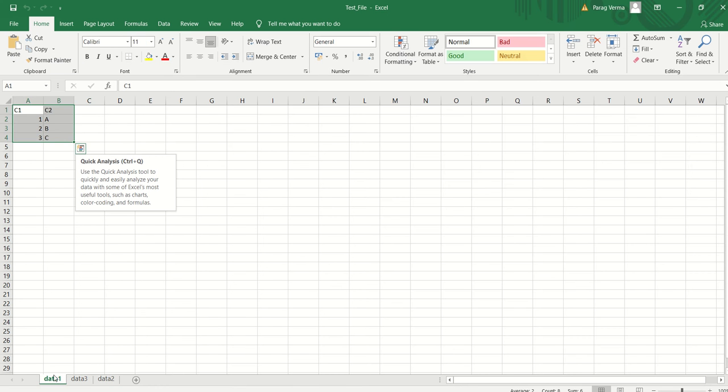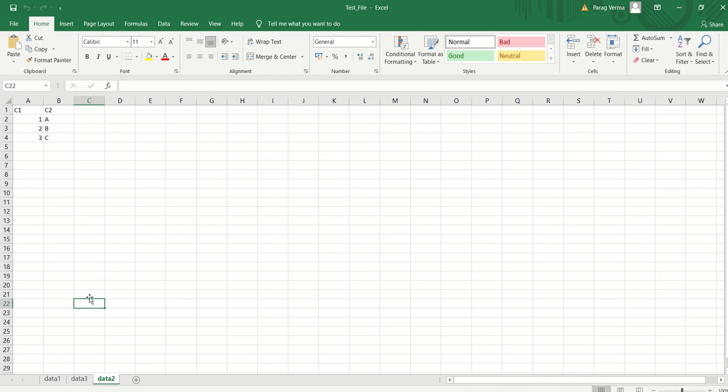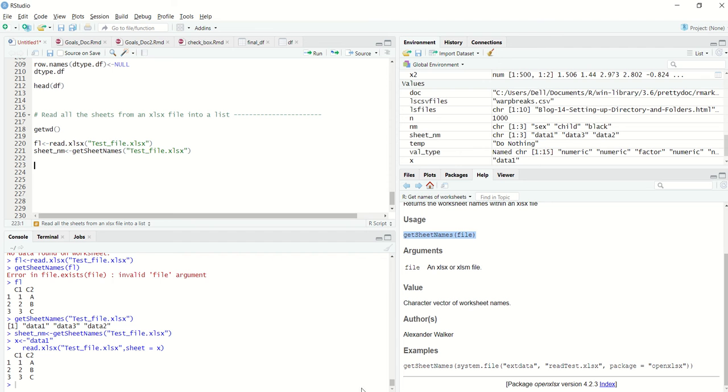So you see, there are basically three tabs: data 1, data 2, and data 3, and it has a very simple illustrative kind of data set. It can be any data set. There can be multiple sheets. Let's say there are 10 to 15 sheets, and within each sheet there is a different data type. Or let's say there are 12 sheets, each sheet representing a month from a calendar year or a fiscal year. So these are some of the typical configurations or settings in which an Excel sheet is used in business analytics. So how do we do that?